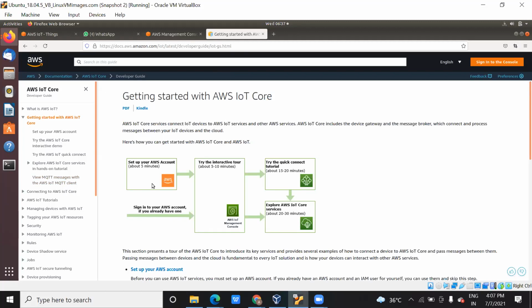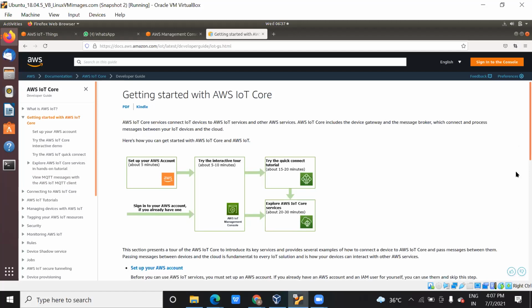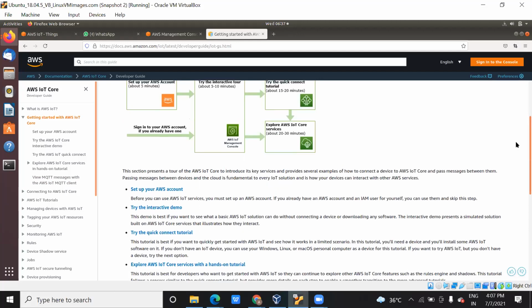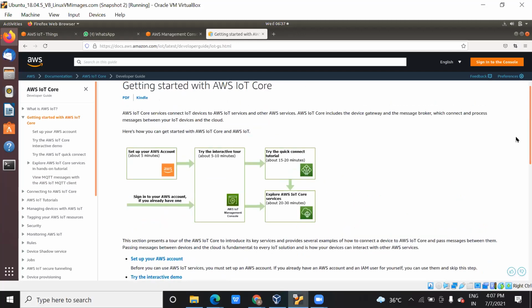We have already done the initial step of the AWS account and the AWS console. I am going to show you everything one by one. So this is just a basic idea of what AWS IoT Core is. As I said, it's one of the services, and it's also called a message broker, which connects IoT devices with the cloud, in short and simple. You can see it from here also, connecting an IoT device with the cloud. So we're going to do every step one by one.